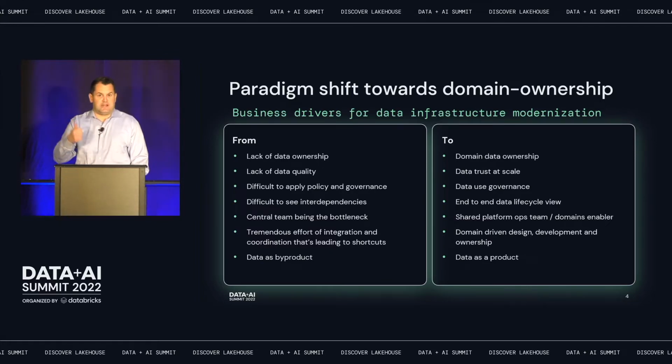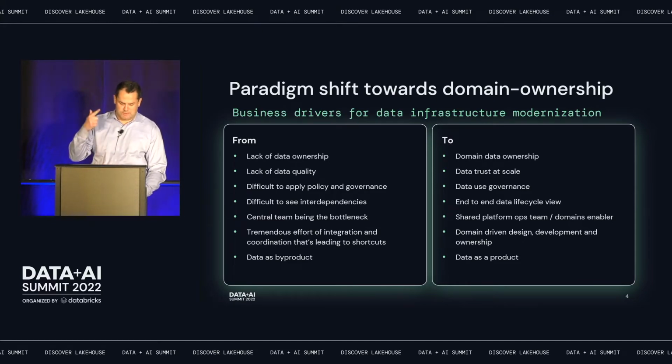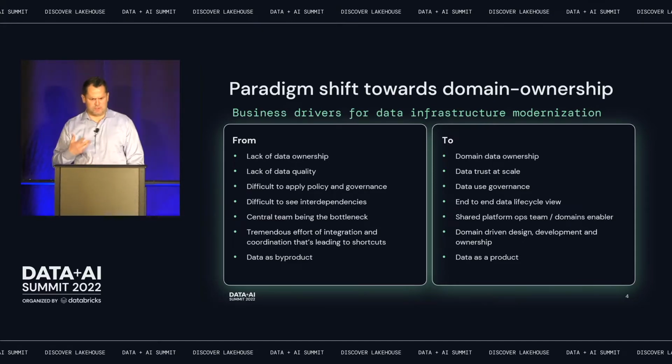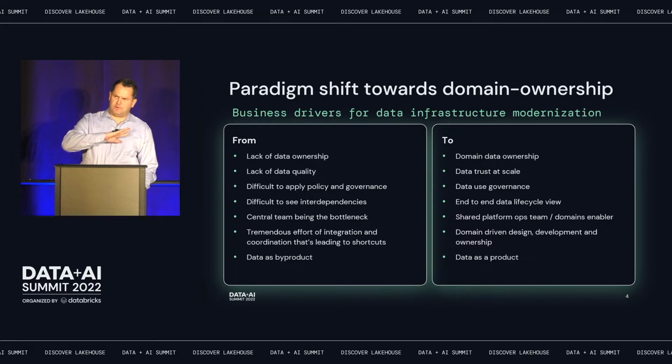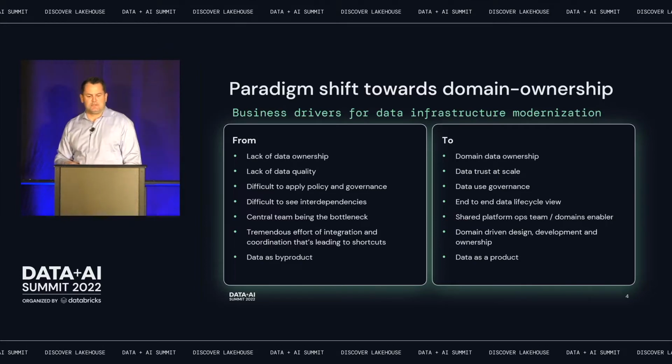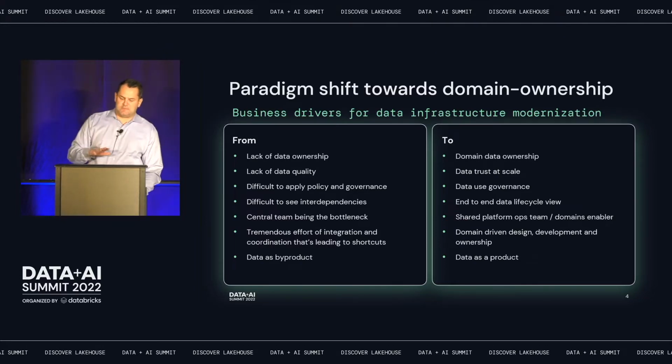It's hard to locate the data, and it's also equally difficult to interpret the data. So that shift from data estates where the data catalogs are not supporting this end-to-end data life cycle